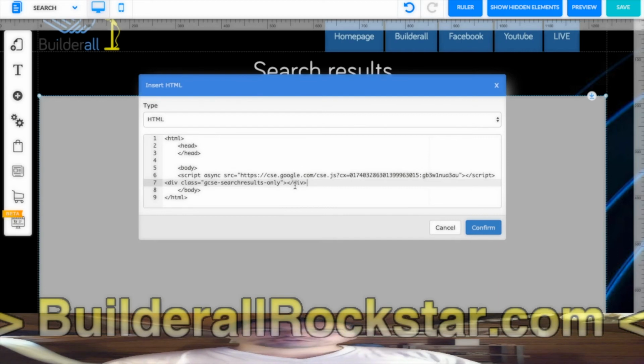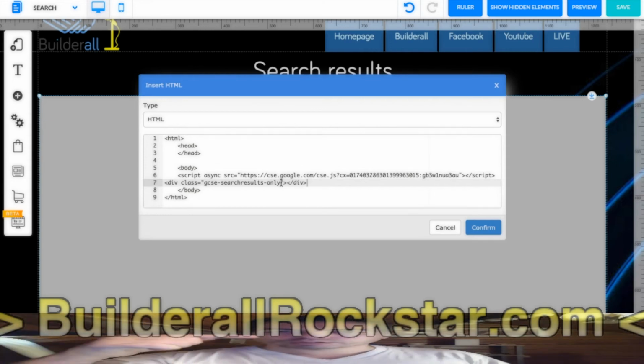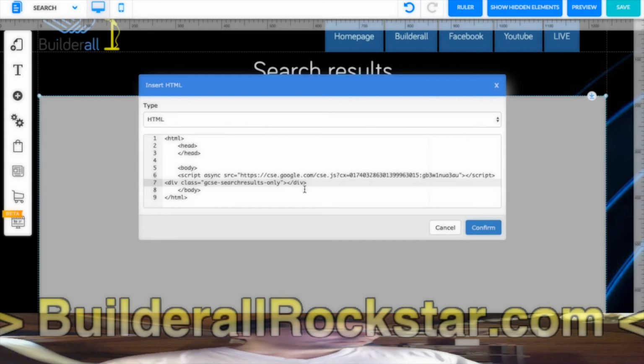In the search box, remember we had to add data-new-window equals true in order to make it open a new window instead of displaying inside the HTML app. But here for the search results we don't need that, because we have already set up the link target in the Google custom search engine options.